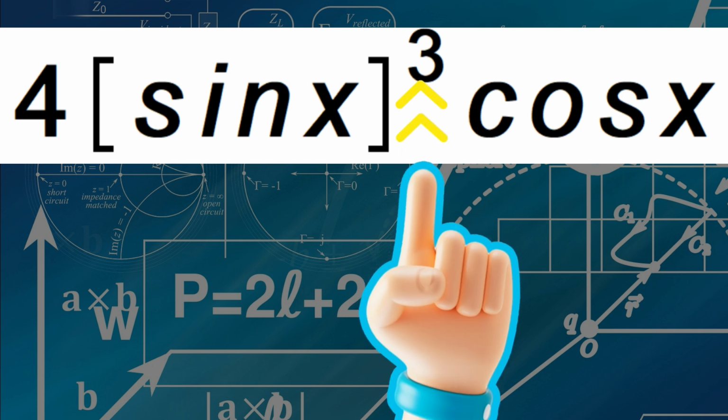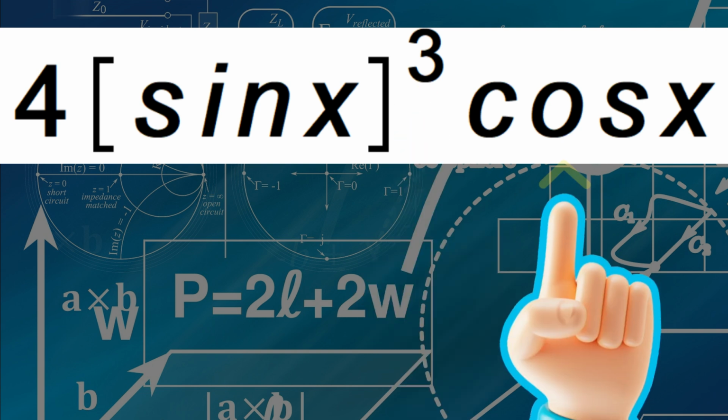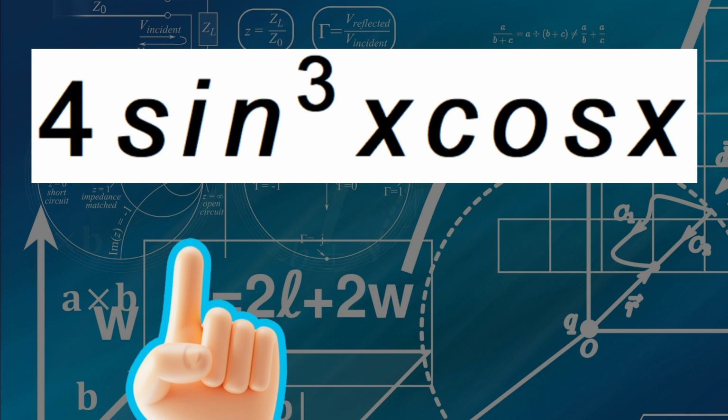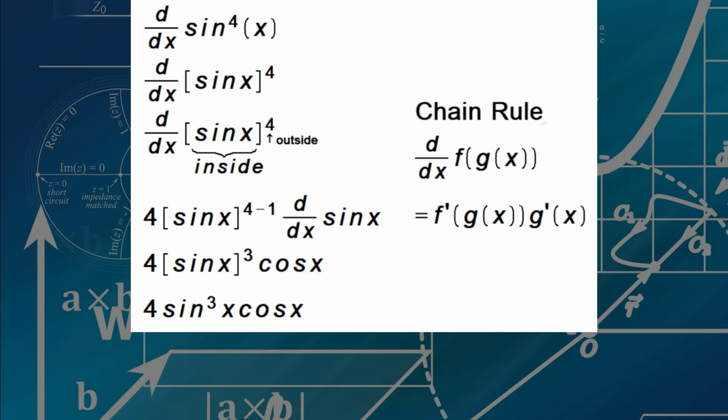Getting back to the math, we get 3 as the exponent now, and the derivative of the inside is cosine of x. By convention, we drop the brackets and place the exponent of 3 between the word sin and the argument of x. Here is all the work for easy reference,